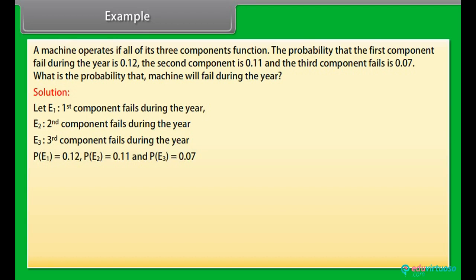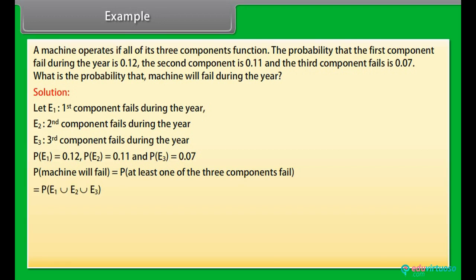And P of E3 is equal to 0.07. P of machine will fail is equal to P of at least one of the three components fail is equal to P of E1 union E2 union E3 is equal to 1 minus P of no component fails